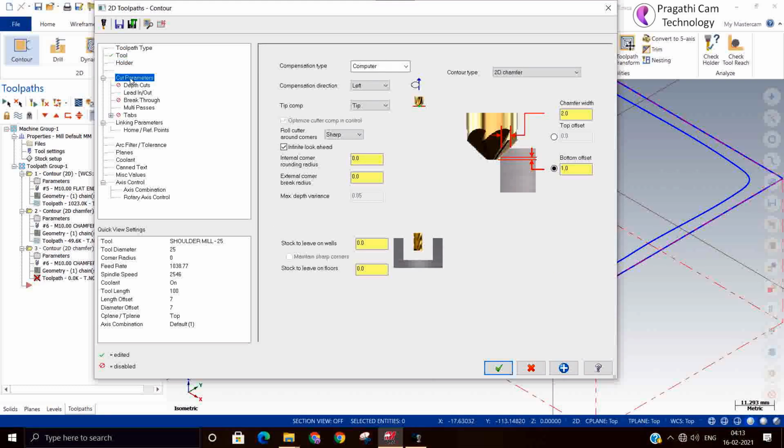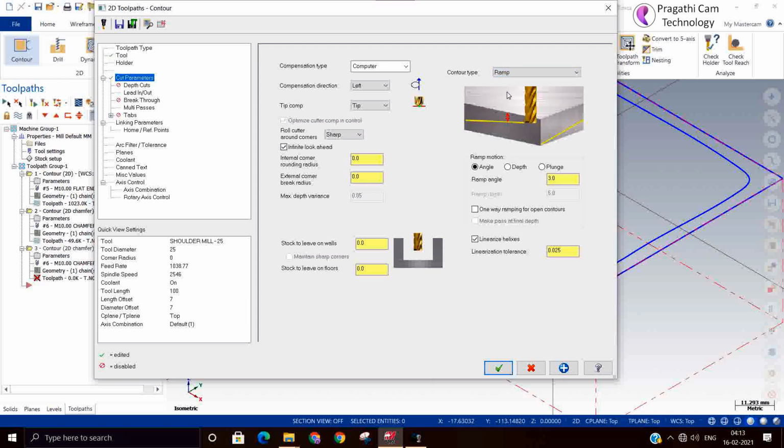Now we go to the type ramping. Ramp option I told you. So if there is no place for you to lead in and lead out, in that situation you can utilize ramp.